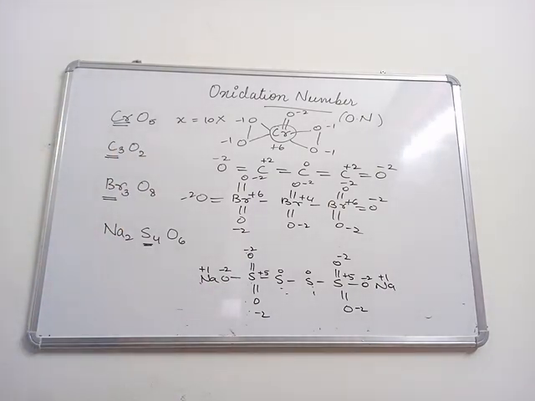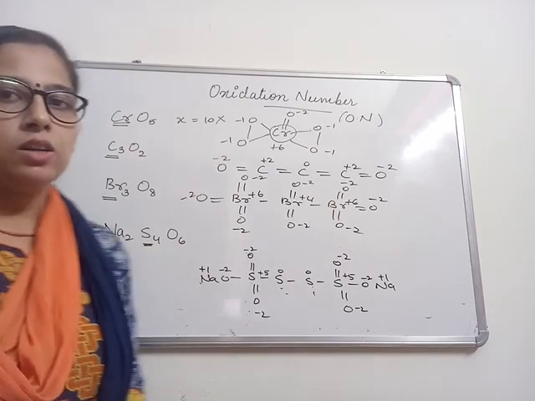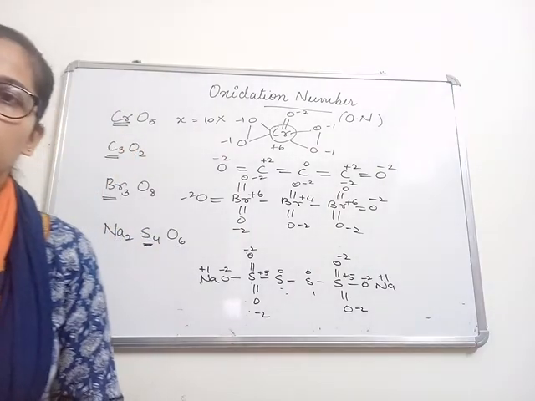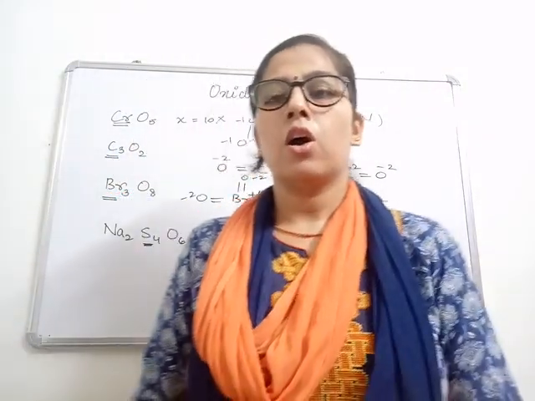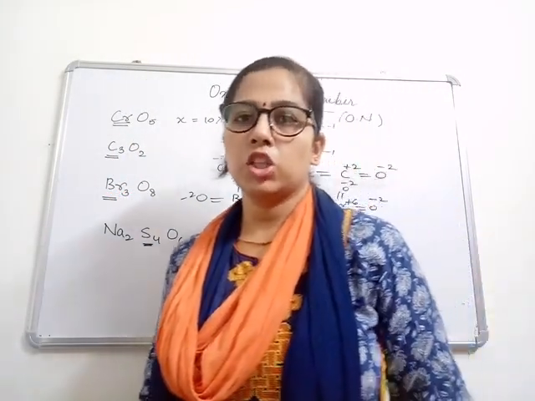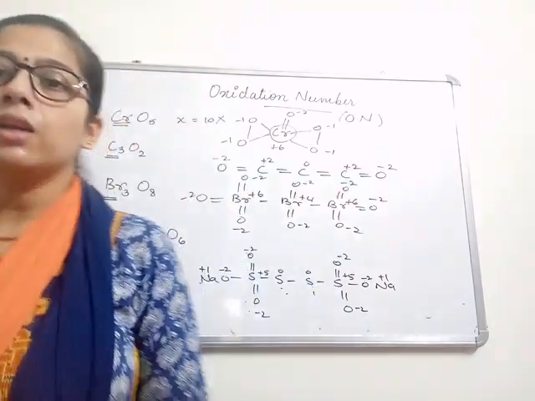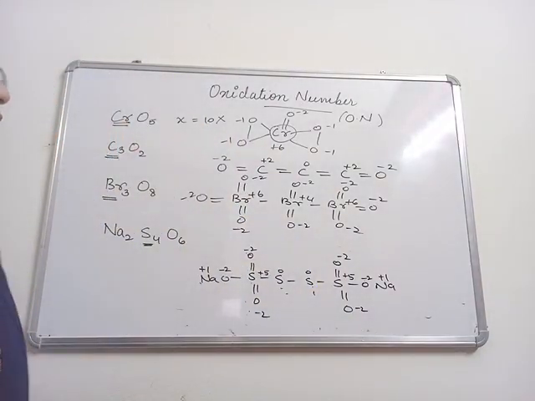So these are the exceptions and few examples to find the oxidation number. Fractional values are not possible. If it is so, we need to consider the structure, or you need to know the mixture of composition from which it is being made. This is how we find the oxidation number.